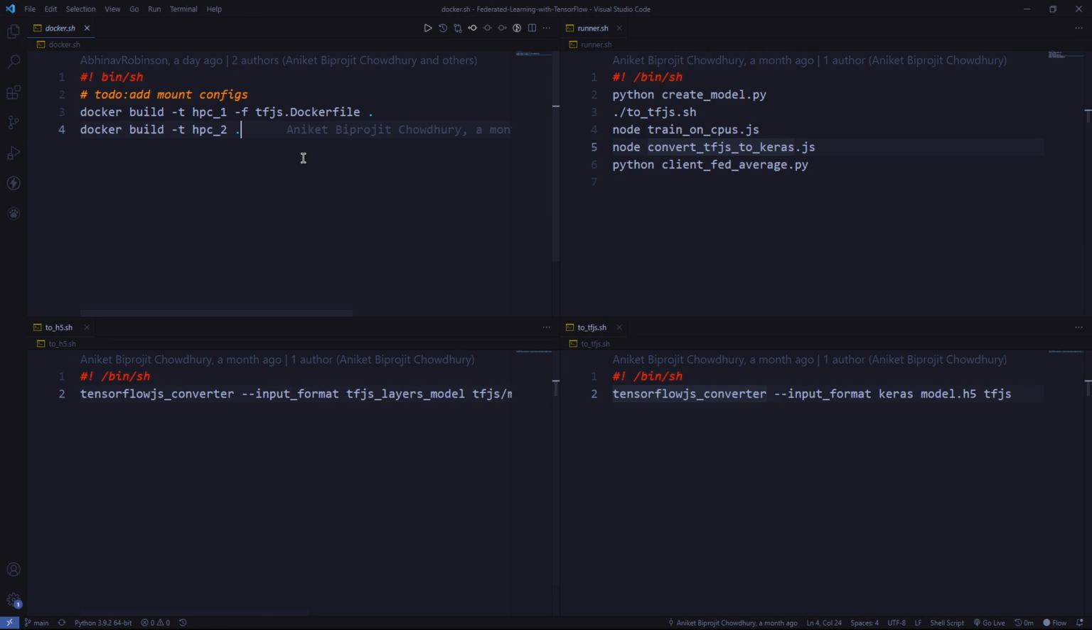Alright, so let's create our Docker environment. For that, we'll run our docker.sh file that will create both our Docker containers, HPC1 and HPC2. We'll go into our HPC2 and then we'll create our Keras model and we'll use the 2h5.sh script to do so. After we're done with that, we'll go to the other container and then start running the appropriately named runner.sh